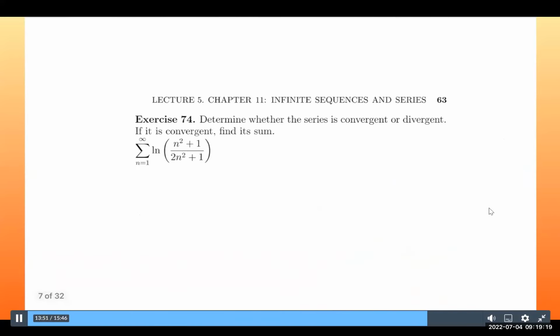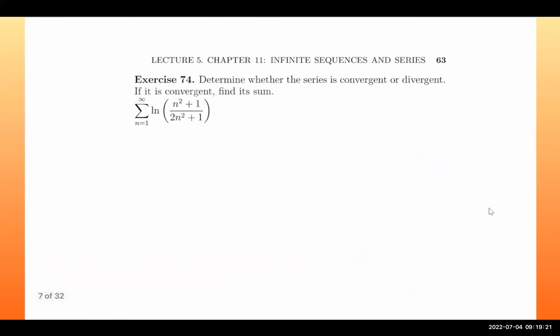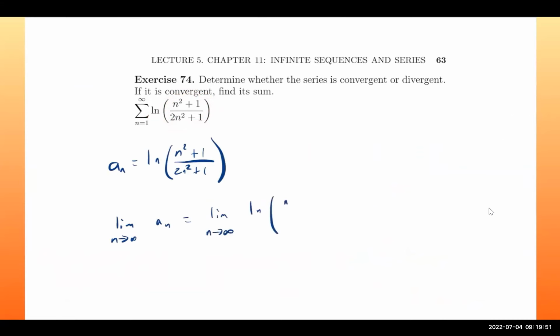Let's move on. Here's another one. Determine whether the series is convergent or divergent. Once again, you see this rational expression. Even though it's got that natural log in the front, you can still use the same technique. So a sub n is going to be ln of n squared plus 1 over 2n squared plus 1. Now we need to take the limit as n approaches infinity of a sub n, which is the limit as n approaches infinity of the natural log